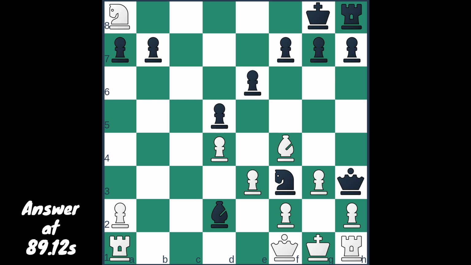just a few moves. This puzzle really highlights the importance of looking beyond immediate threats and anticipating your opponent's plans. And it shows how even seemingly quiet pieces like that bishop can play a decisive role in setting up a